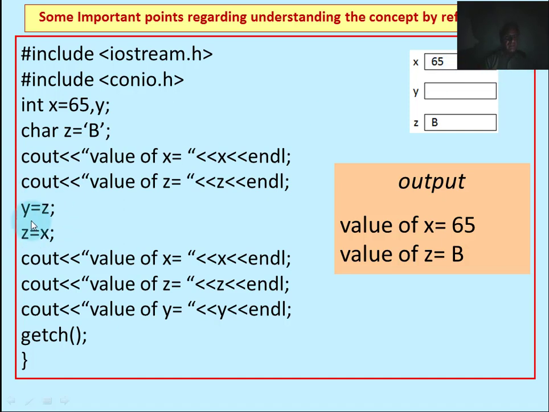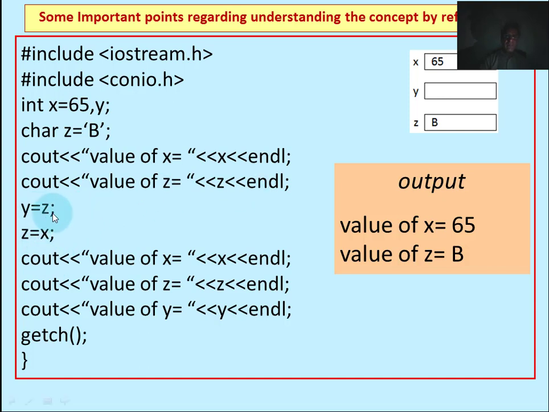This is done automatically, and the computer looks for the alternative value which is suitable for the assigned variable, then stores that value to that variable. We will use this concept in our next two or three slides.